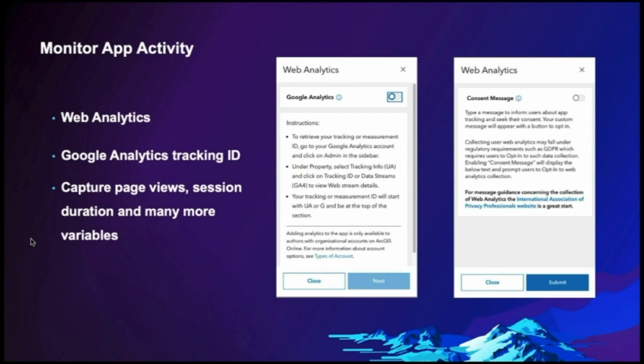Prior to publishing your app, something to consider might be to enable web analytics. If you have a Google Analytics account and are interested in capturing app activity, you can enter in a tracking ID to start monitoring app activity. Some of the topics that can be captured include, but are not limited to, page views, returning viewers, regions where a viewer is from, whether a viewer is using a mobile device or not, and how long a viewer stays